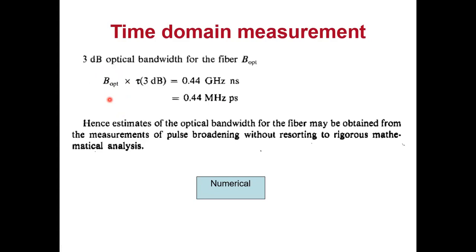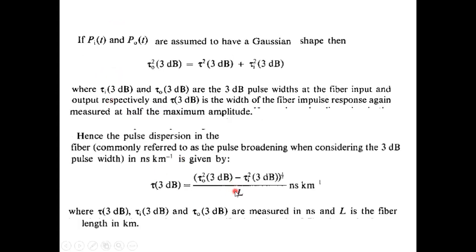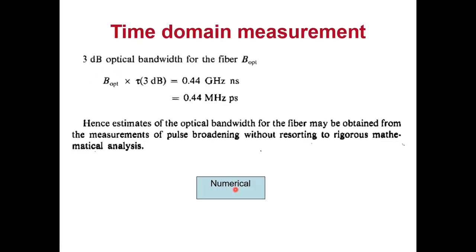And remember, the length aspect we have also taken, because we have seen that with an increase in length, both attenuation loss as well as dispersion loss increase. So this formula does not directly reflect L, but yes, L is also present in tau. Once I am able to calculate tau by knowing the input and output pulse width, I can calculate the optical bandwidth of the particular fiber which I have just manufactured.